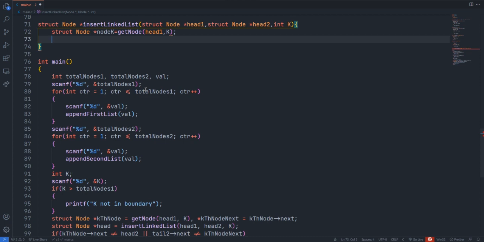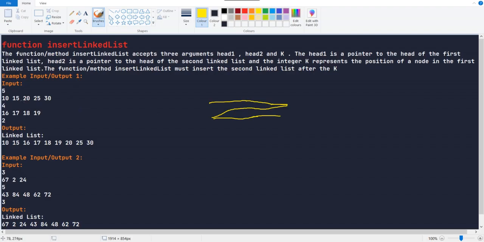This will return the kth node of the list, giving a pointer to this place. So we need to add this after this, and then we need the rest to be connected, right?